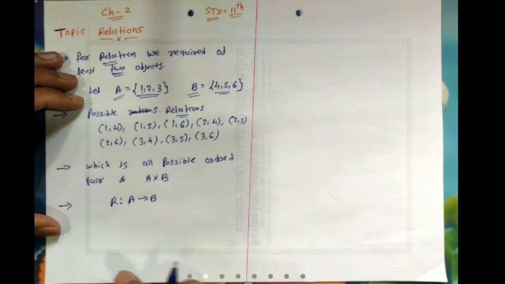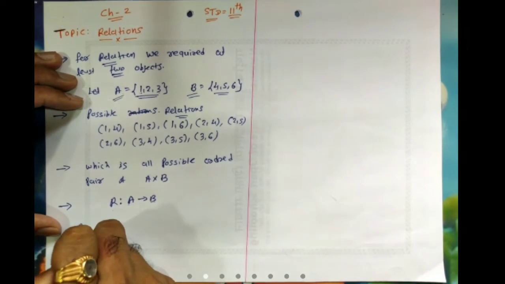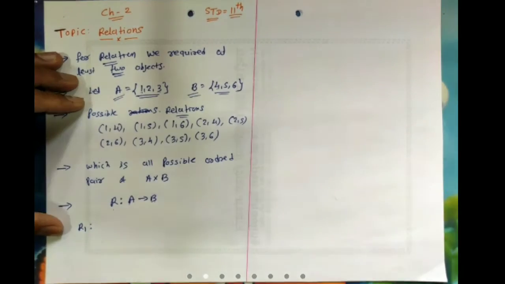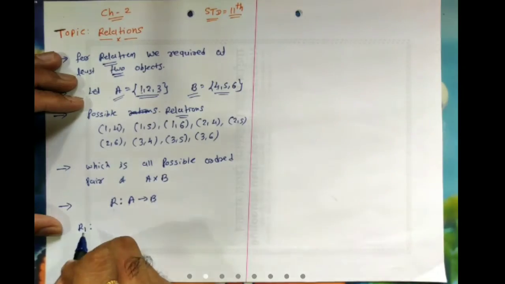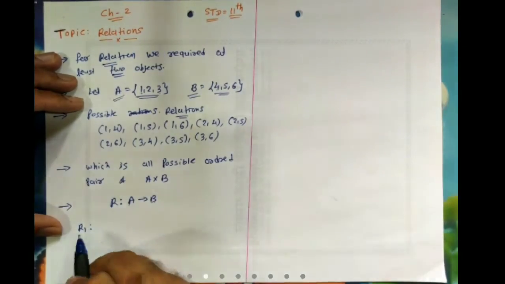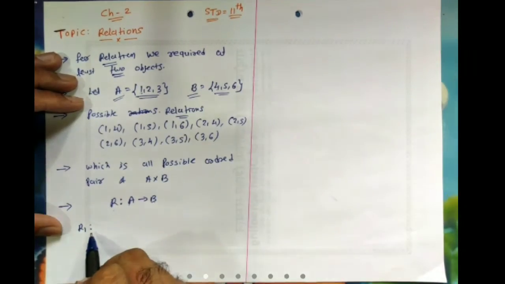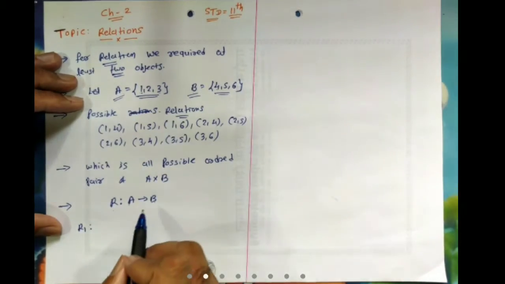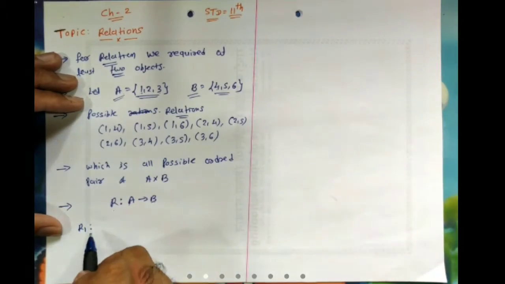So for example, we are defining relation R1. Set A is related with set B, but what is that relation? So we call it the description of the relation. We will write that the relation is, and we have given the relation a name. So what is the name of the relation? R1. Set A is related with the set B by the relation R1. So we are defining the relationship between these two sets A and B, and the name of the relation is R1.